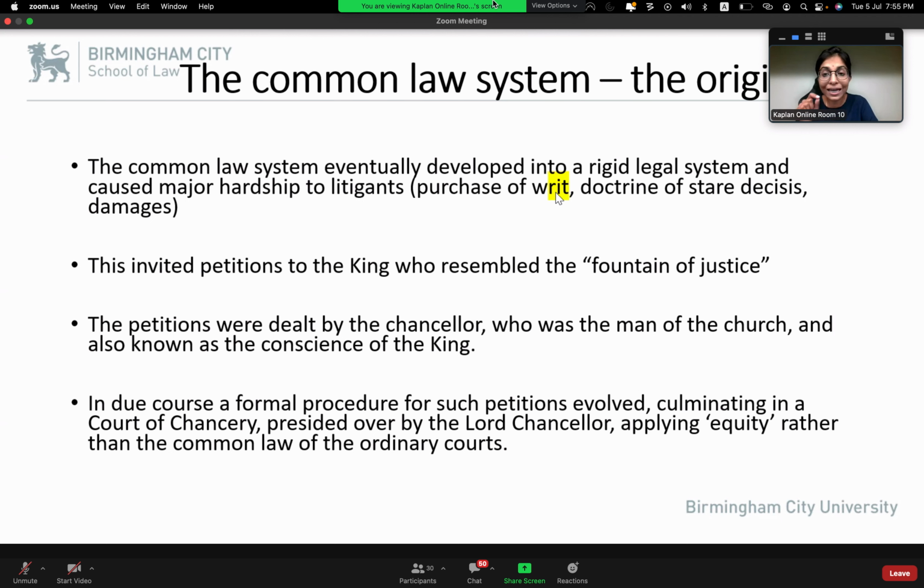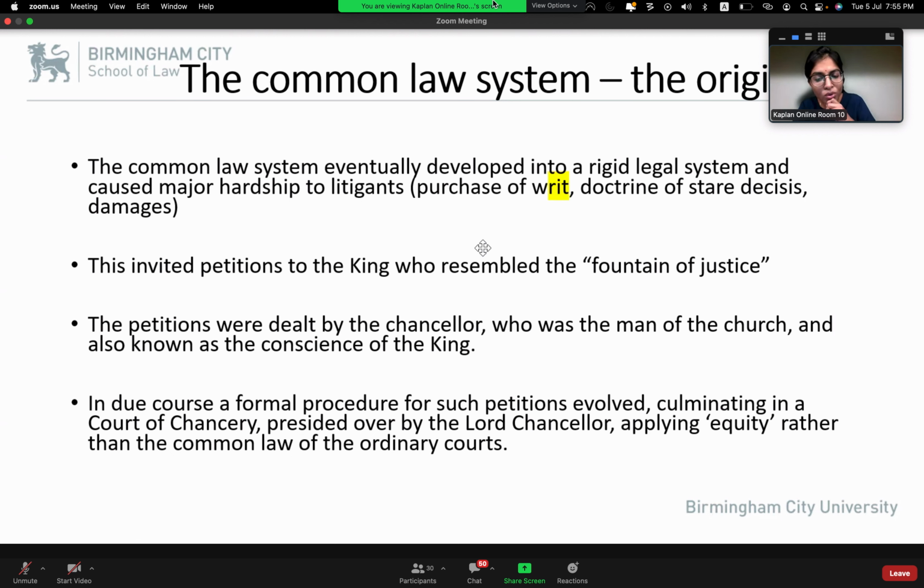We call it the writ of summons. When you want to sue someone, the first thing that your lawyer will issue to the defendant is a writ of summons. It's just 2 pages of your details and the defendant's details, saying that we want to initiate legal action, legal proceedings for this case. Okay, that's a writ of summons to show that you have started the proceeding.